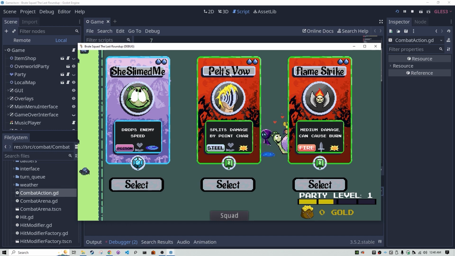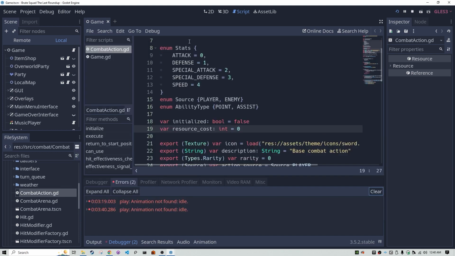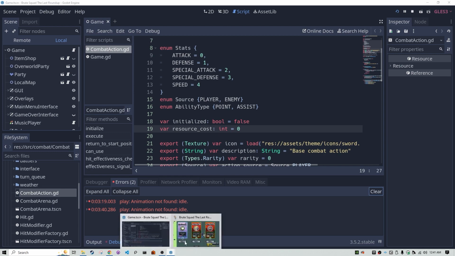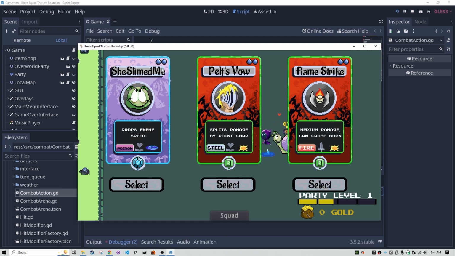Okay, so this is an example where, because we've statically typed resource cost to integer, we know that there's going to be no funny business in terms of an assist costing like 3.5 resources. That's just not, our game's system isn't built to handle that, right? It's balanced, and it's meant to be